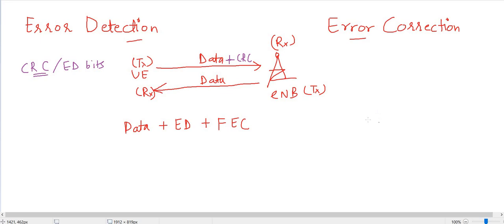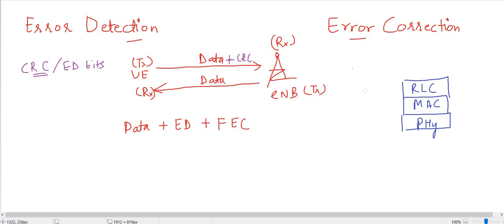So at different layers in LTE, suppose I'm considering here the UE as a transmitter and the eNodeB as a receiver. If I draw the protocol stack, first of all the PHY layer will be there, and after that there is a MAC layer. After that it's the RLC layer, and after that it's PDCP, but it's of no use right now.